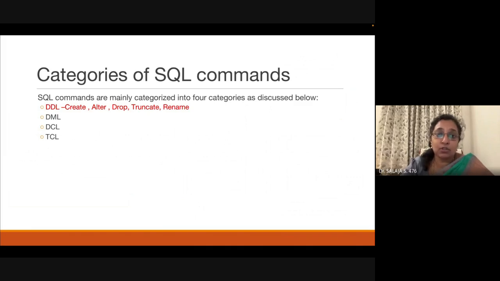insert values into the table you have defined, or you try to modify the content, or you try to select and retrieve, and you use it for various other purposes. And that is where you have the data manipulation language. There are a few other commands which help us to share our data with other people, or with your neighbors, or with your peer groups, which you call data control language. And the last one is transaction control language, where you allow your peer group to have concurrent access and